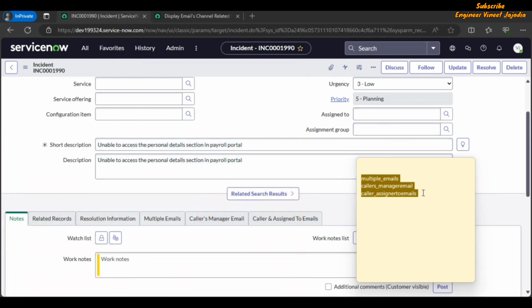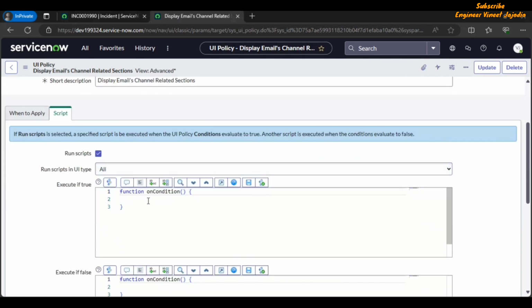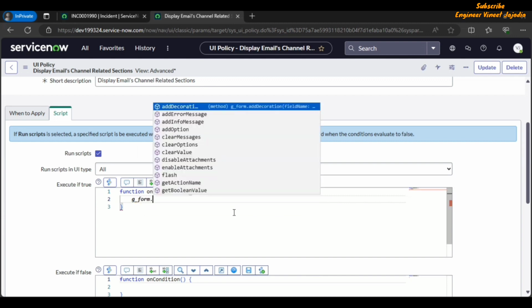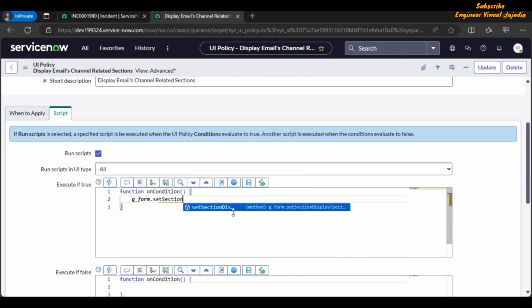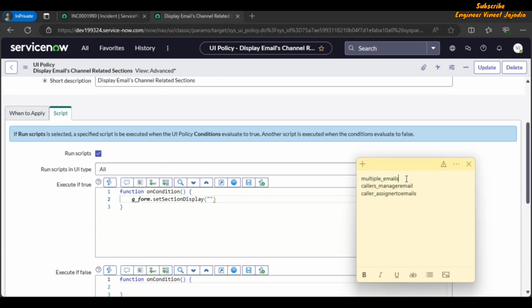Now as we have got the section names, we are going to complete our UI policy development. So let's go back to our UI policy, and if we scroll to the execute if true field, we are going to type our code. For display and hide of the section, we are going to use the set section display method. Let's write our code. g_form.setSectionDisplay, and we are going to write our section names,